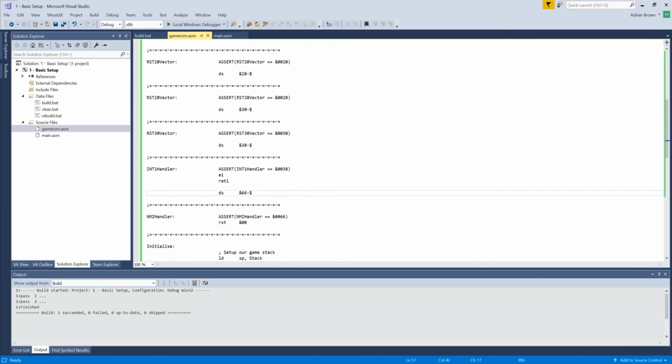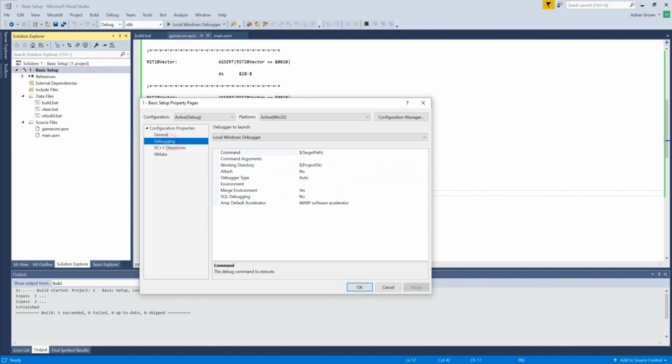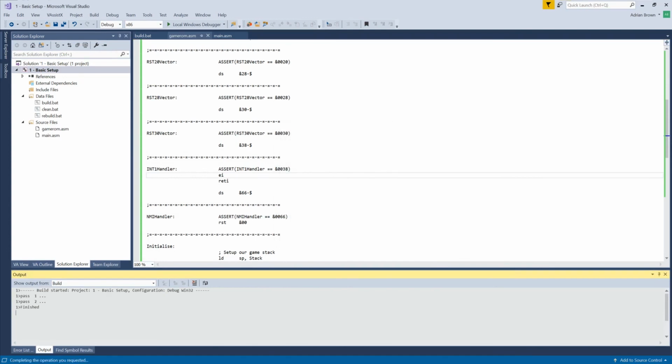It's compiled the code. Now to run it, what I tend to do is in here I can go and set up the command for what it's going to run. In this case it's my SAM Coupe emulator, which is installed on my C drive. Then the arguments I need are, I want to tell it I want to load disk 1 with our little ROM we just built. So in project dir, that's where it gives it the path. This macro that Visual Studio will expand for me to the path of this project, so I can move around. Call it main.dsk, and we'll simply say auto boot yes, so it'll run it. That's all that. So now if I press F5 to run it,